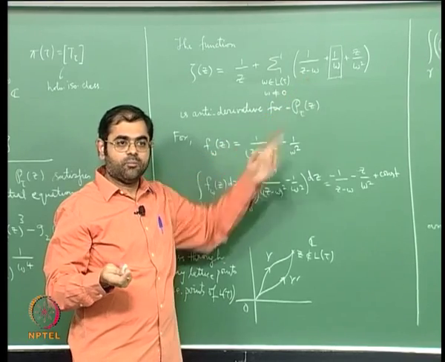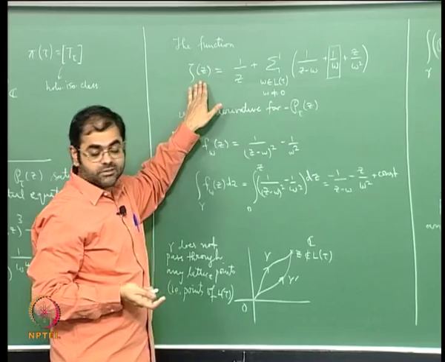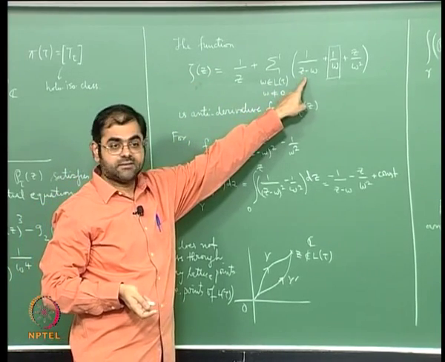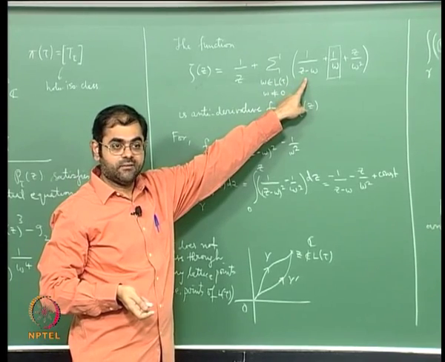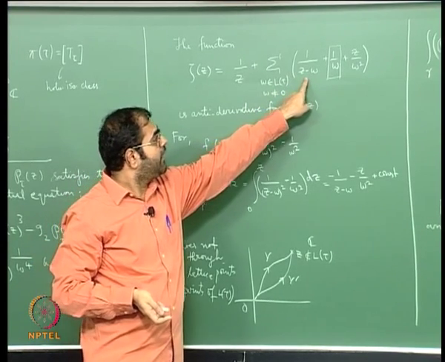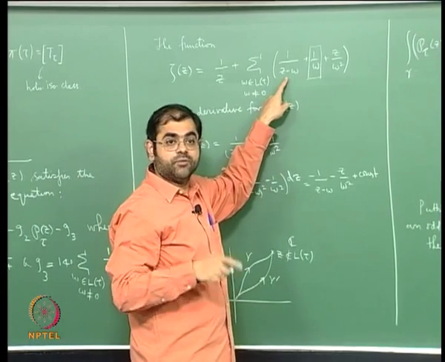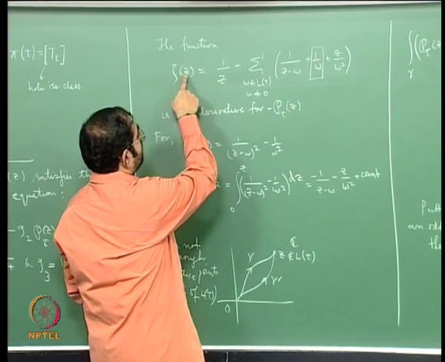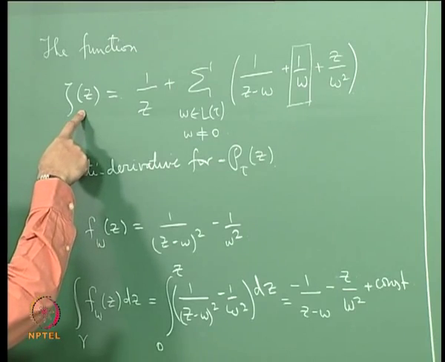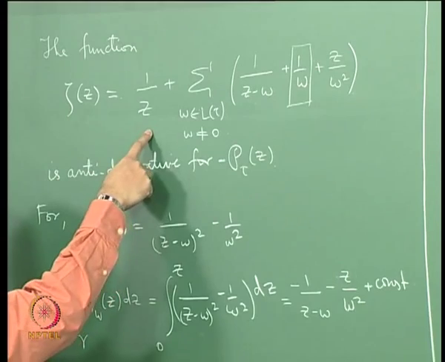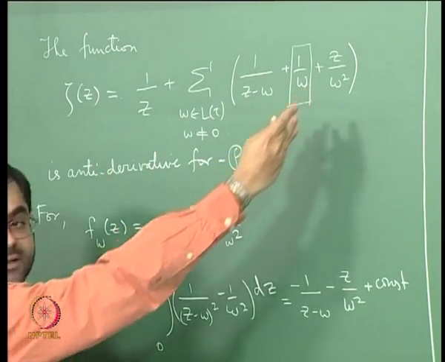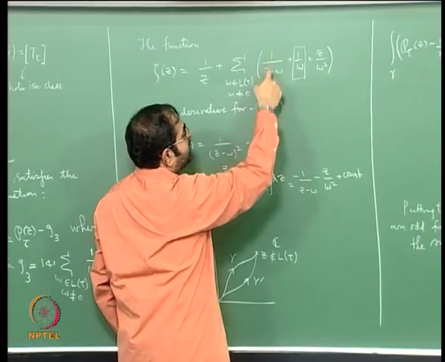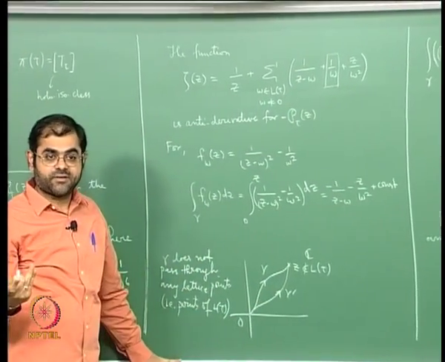Okay, so the whole point of this argument is you write out the Laurent expansion of zeta of z at the origin using the geometric series, because this is the term that will give you the expansion. Mind you, if I look at the Laurent expansion of this at the origin, this will be the singular part, and this will be the analytic part, but this analytic part is now easy to write because 1 by z minus omega can be expanded using a geometric series.